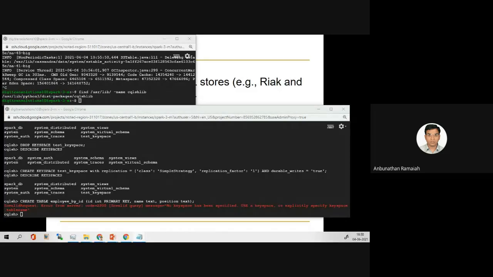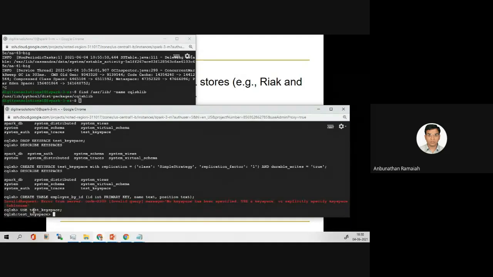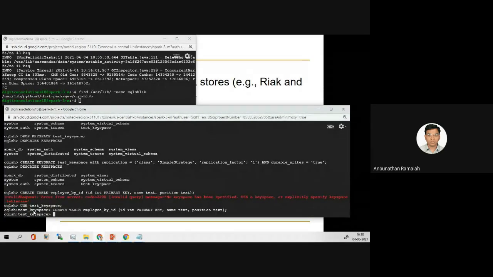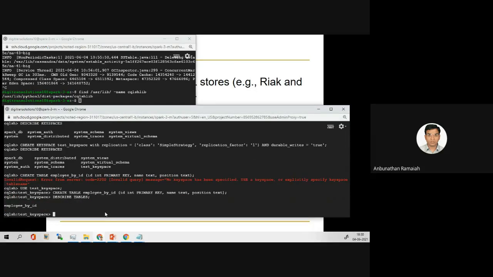Then you have to create the table. So use keyspace, then you create the table. Okay, this time it is created. Now describe table you put. What will you get? So here there is a table created, employee by ID.